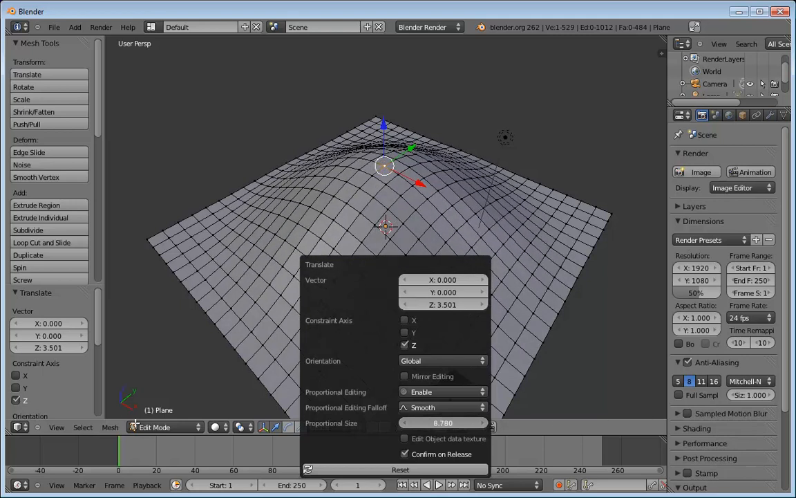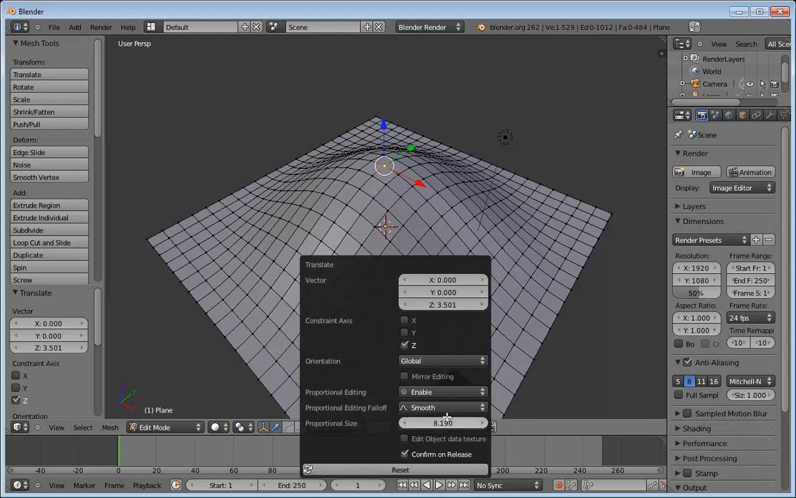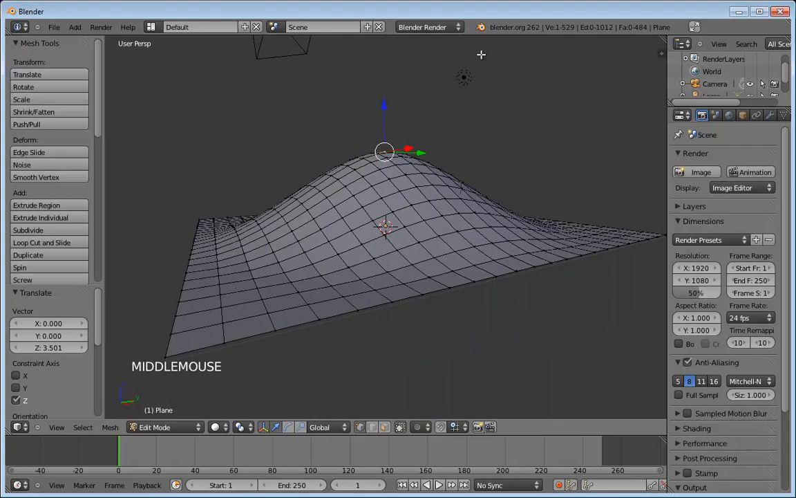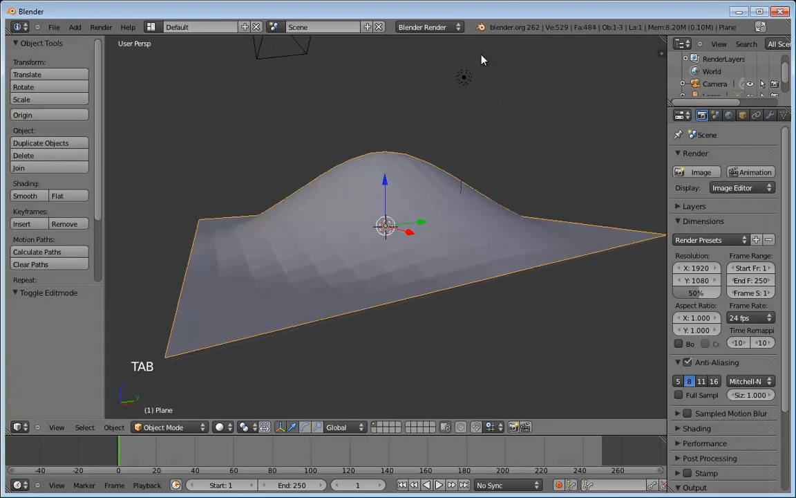And we'll drag that back out to about 8 something. Again, not an exact science and doesn't really need to be. So with that, you should have a hill. Now, I just jumped back out to object mode by tapping the Tab key. Once you are done doing that, and